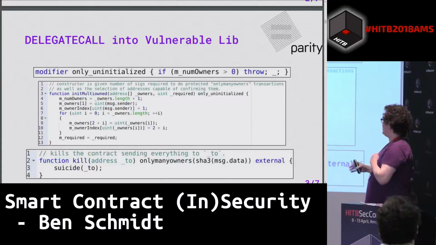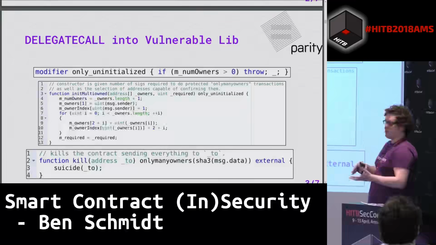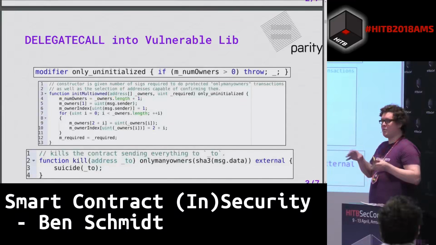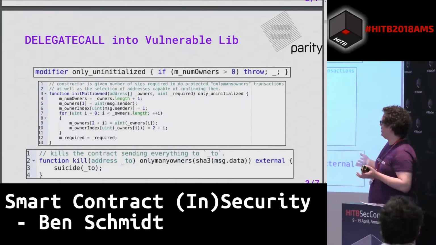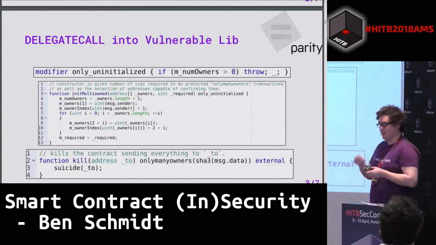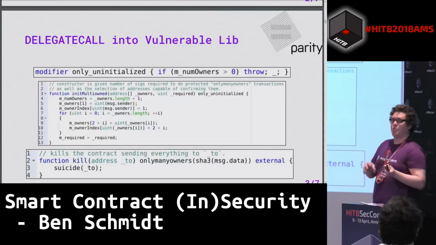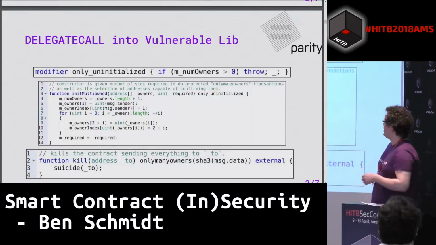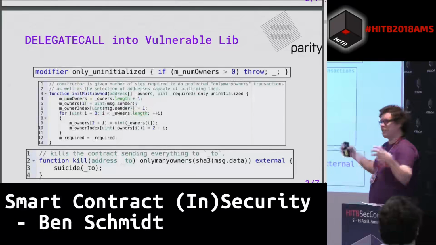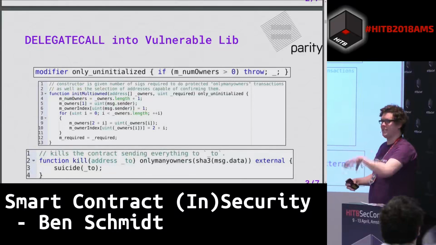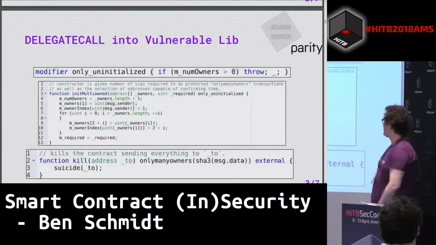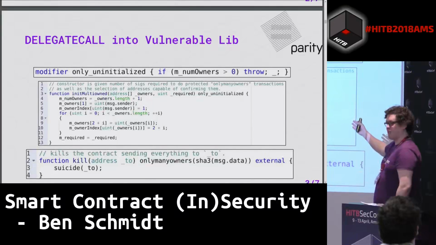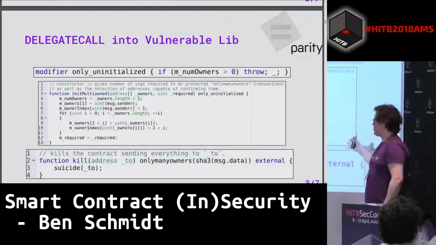The problem is that the Parity multisig wallet was a bit over-engineered and separated a lot of its initialization code and shared code out into a library. It's actually possible to have library contracts on the Ethereum blockchain. So all these different multisig wallets were actually calling into this one centralized library, and this function was one of the functions that was exposed.